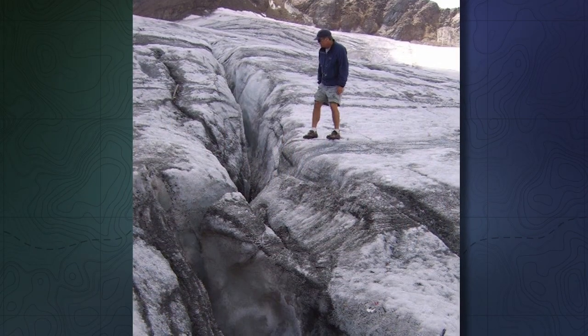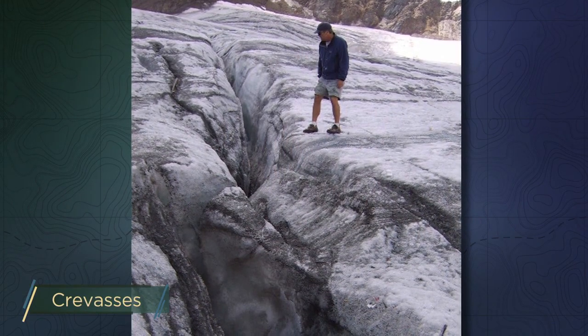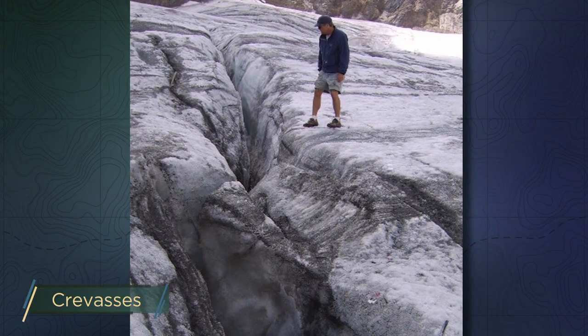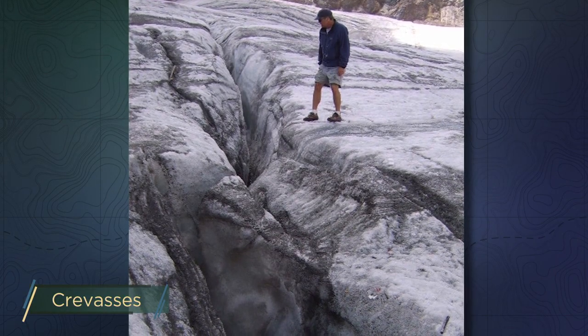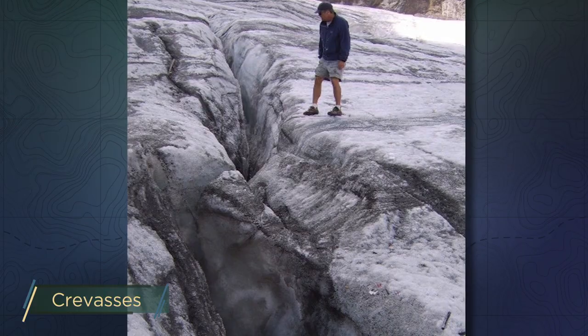The reason you need a guide is because glaciers have crevasses. Crevasses are cracks that form as the glacier flows faster than the ice can deform, so it splits. Crevasses can sometimes be bridged over by snowfall and difficult to recognize. Falling in them is a very serious issue. You should never jump over a crevasse. If it is too big to step over, don't try to cross it. Also, never walk through fresh snow on a glacier. You don't know what is underneath the snow. There could be a crevasse.